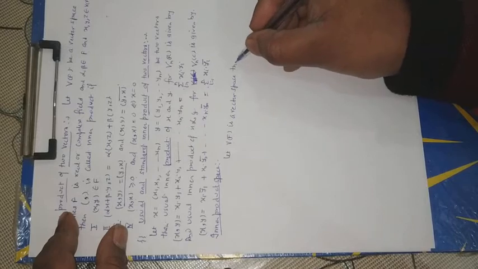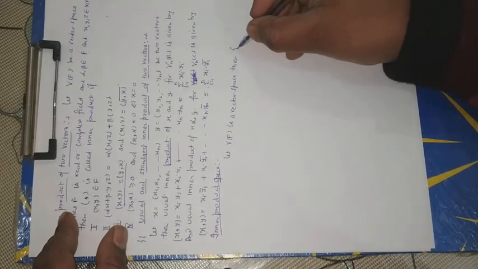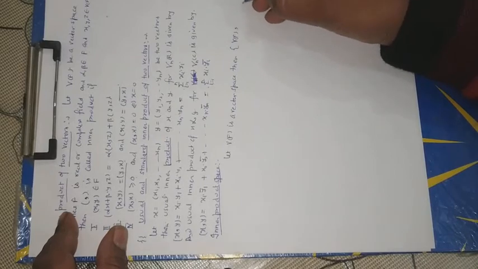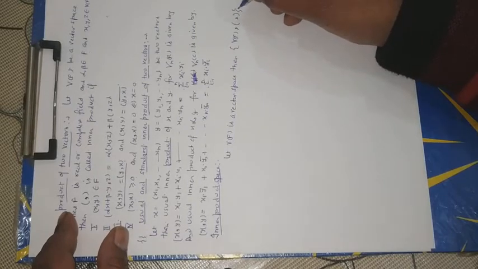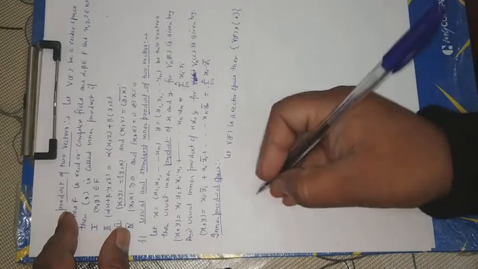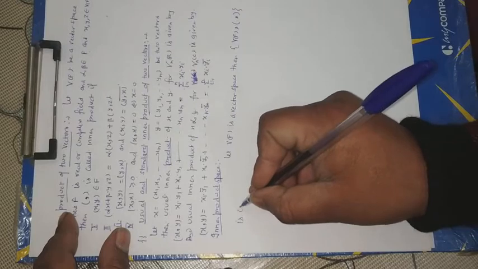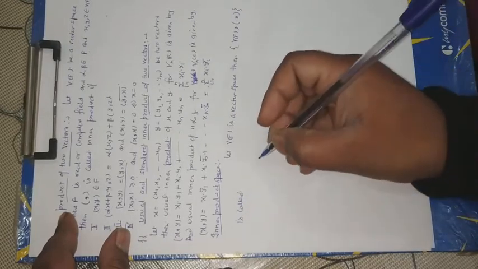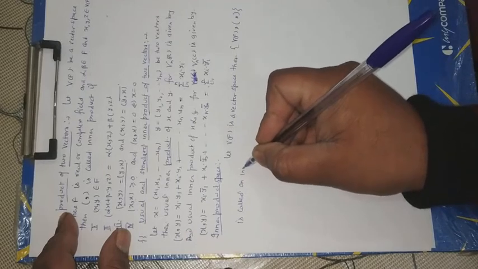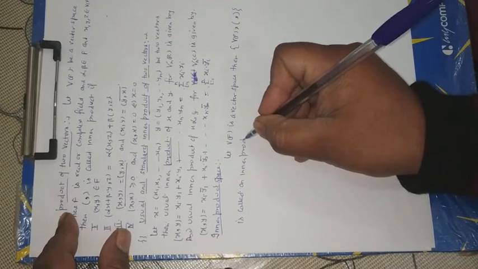Then V(F) with the inner product bracket comma bracket close is called an inner product space